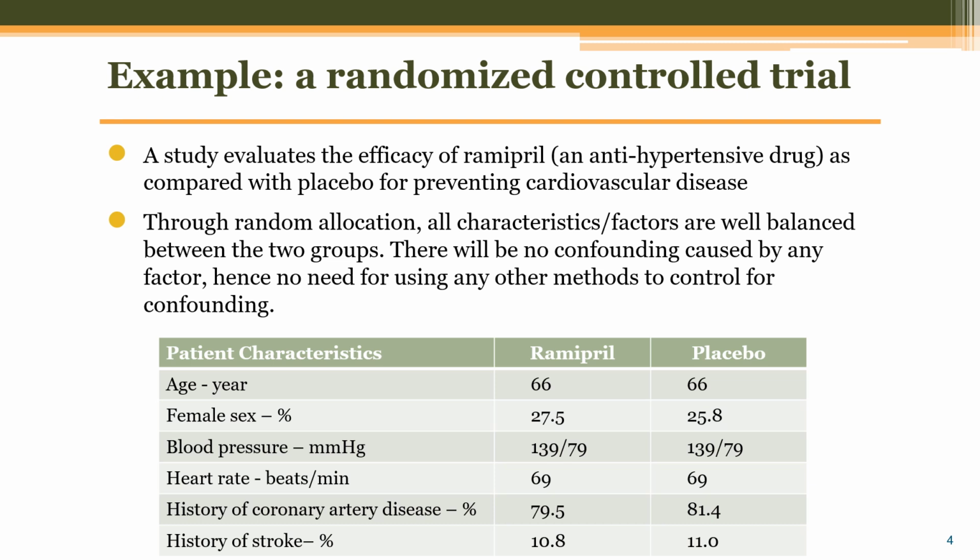The mean age, blood pressure, and heart rate are identical between the two groups, and differences in the proportions of females and people with pre-existing coronary artery disease and stroke are very small, which can be regarded as random variation that would not actually affect the results. Thus, there will be no confounding caused by any factor